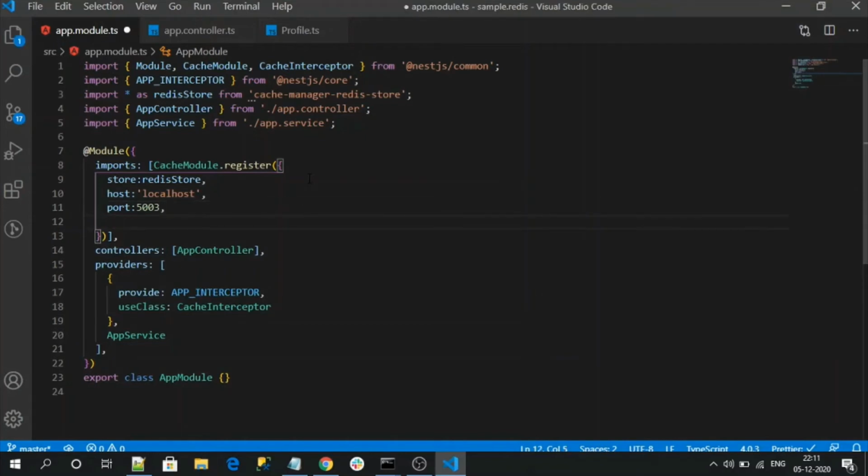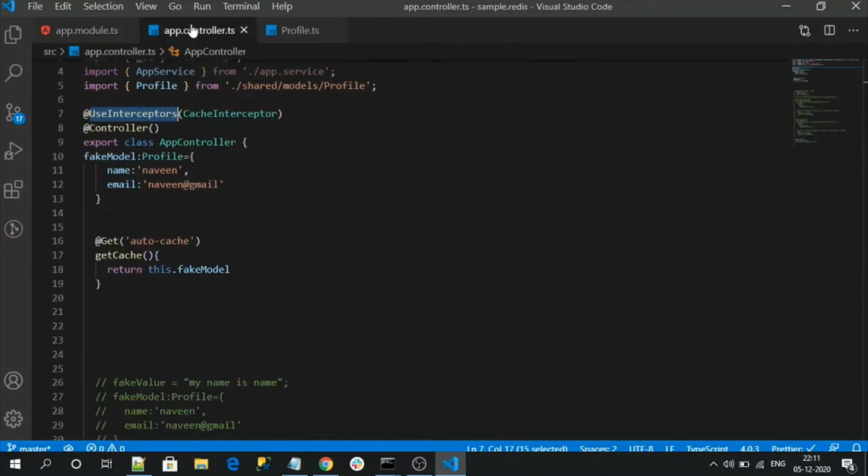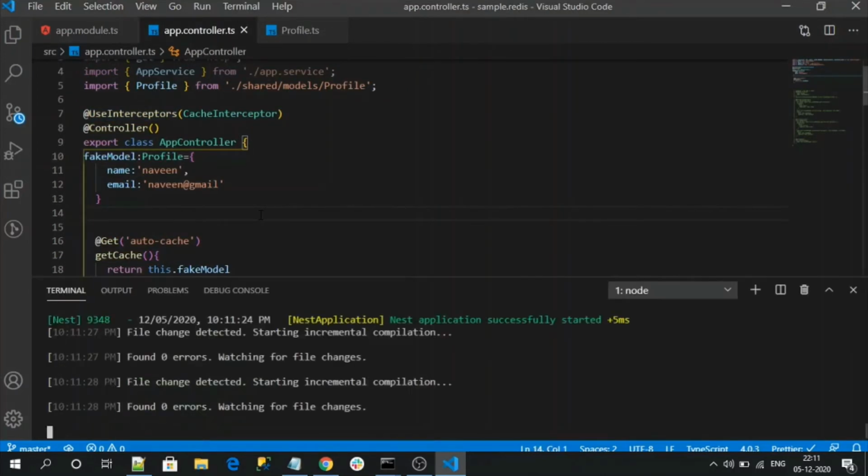To do that, in the register method you can specify TTL like 300, which is 5 minutes cache. So that's it, we are done.